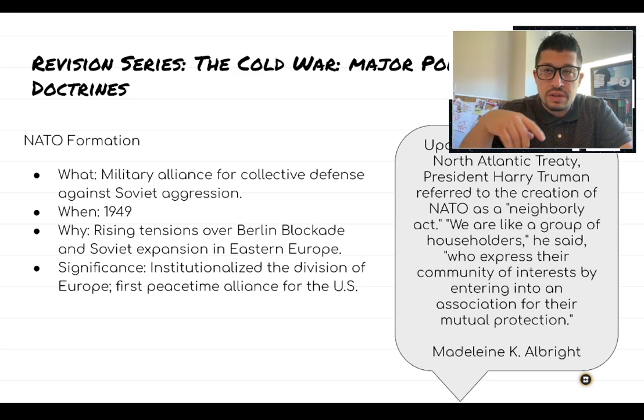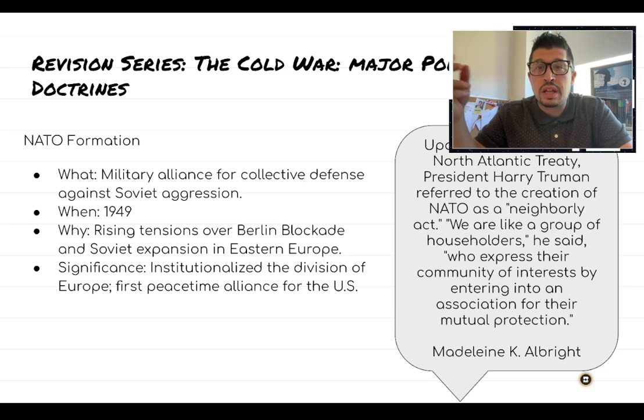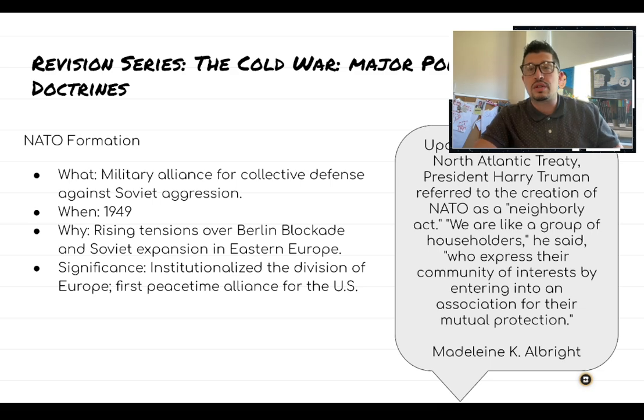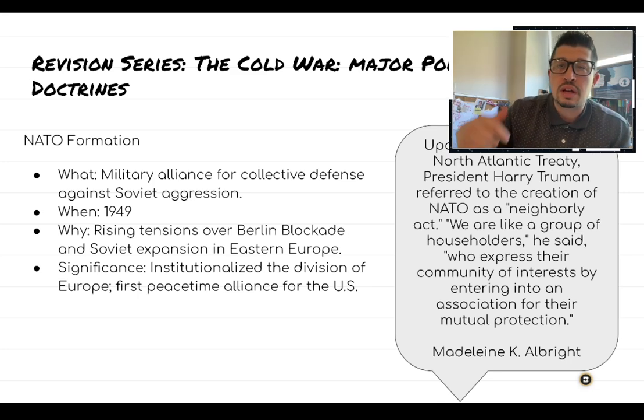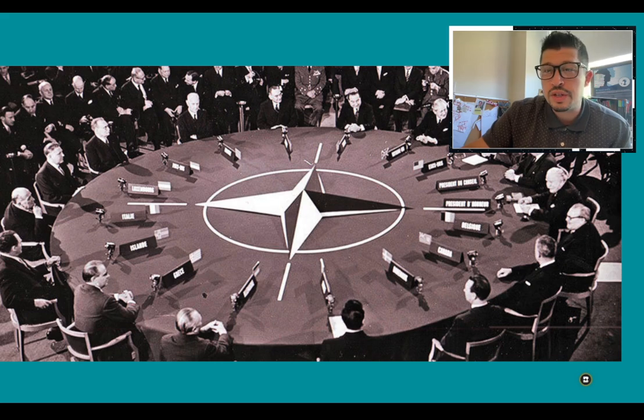They got so afraid during Berlin that war would become more likely, that the Third World War is right around the corner, that they wanted to shore up some of those smaller countries in Central and Western Europe. So they take the Brussels Treaty Organization, they include the United States and Canada, and that is essentially the birth of NATO. All right. Here we just have a picture of one of the first NATO meetings.